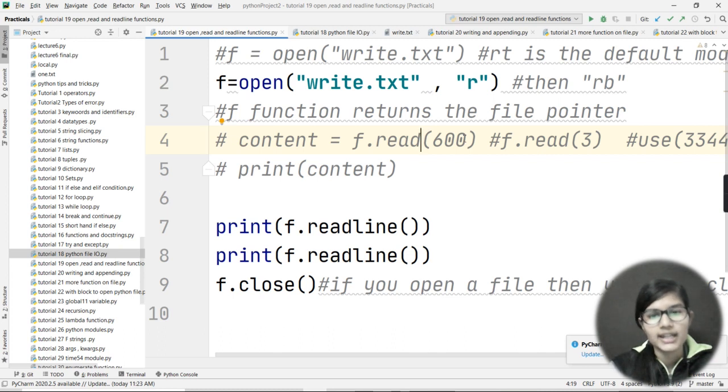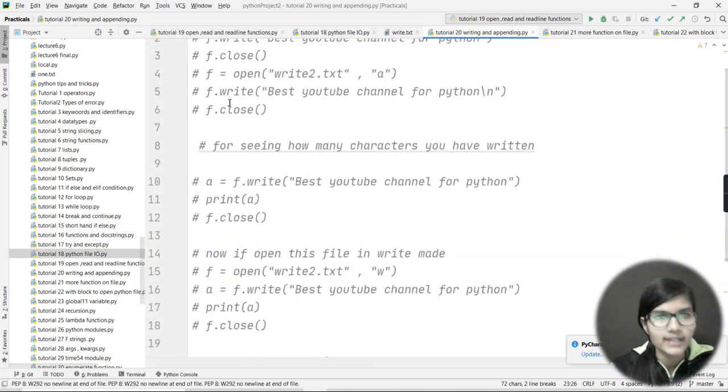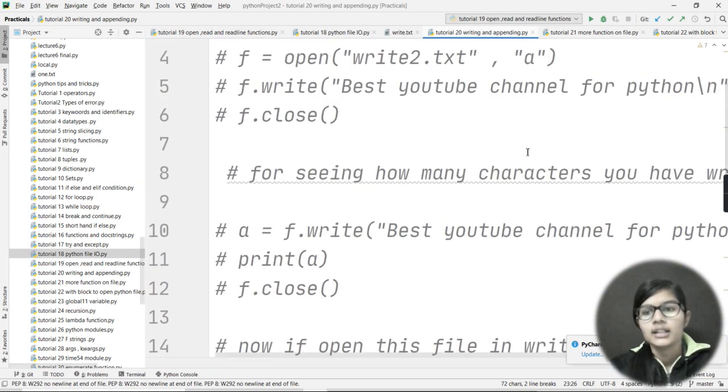So it is going to give you the output of the whole text file whatever we have made. And after that, if you want to read single lines of your text file, you simply use the readline function. The way of using it is print, and in brackets you use the file pointer, that is f, then a dot, and after that the readline function. Okay, so this is the way we read our text file. Now we have completed the open, read and readline functions, right?